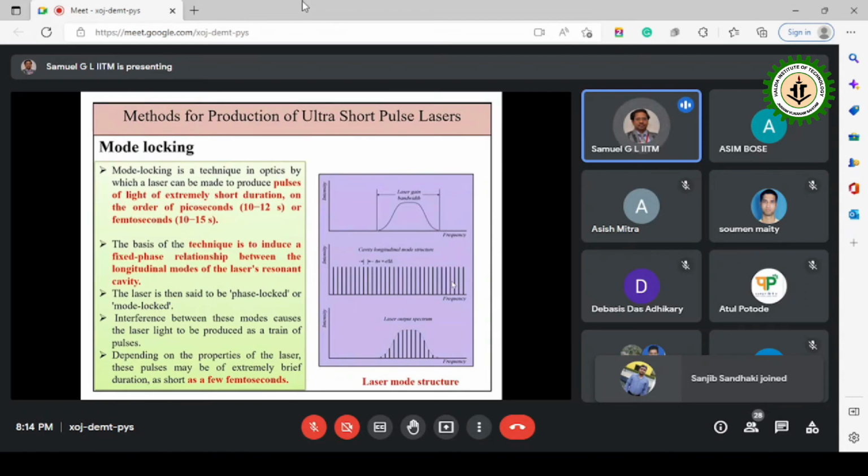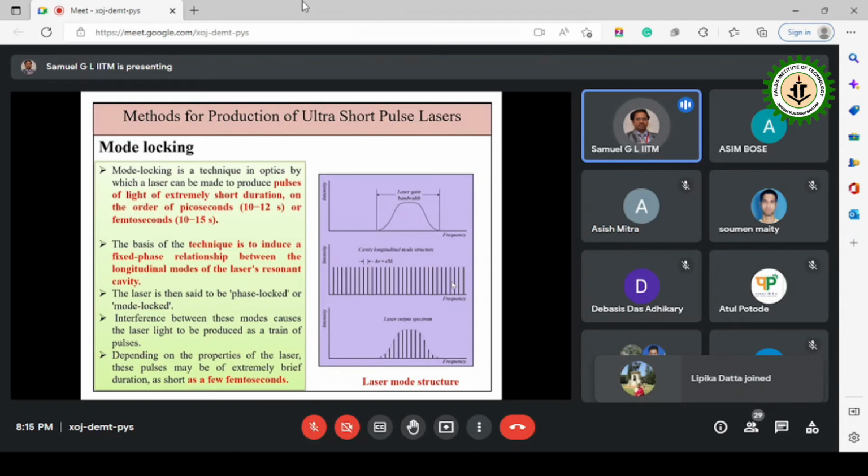In the beginning, when they wanted to get the pulse lasers, they made a simple mechanical kind of a method. When the laser was coming, they would take a circular disc which has slots, and that would be rotated. Thus, when the opening is there, the light will come out. When the blank part, the metallic part, is there, the laser will not come out. Of course, laser is also light.